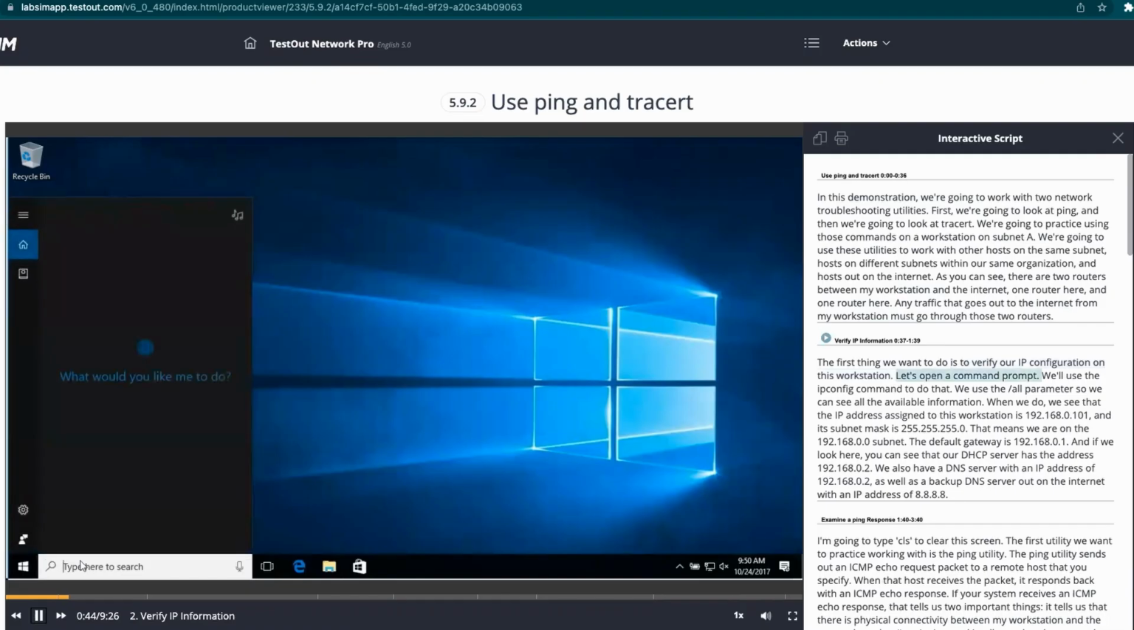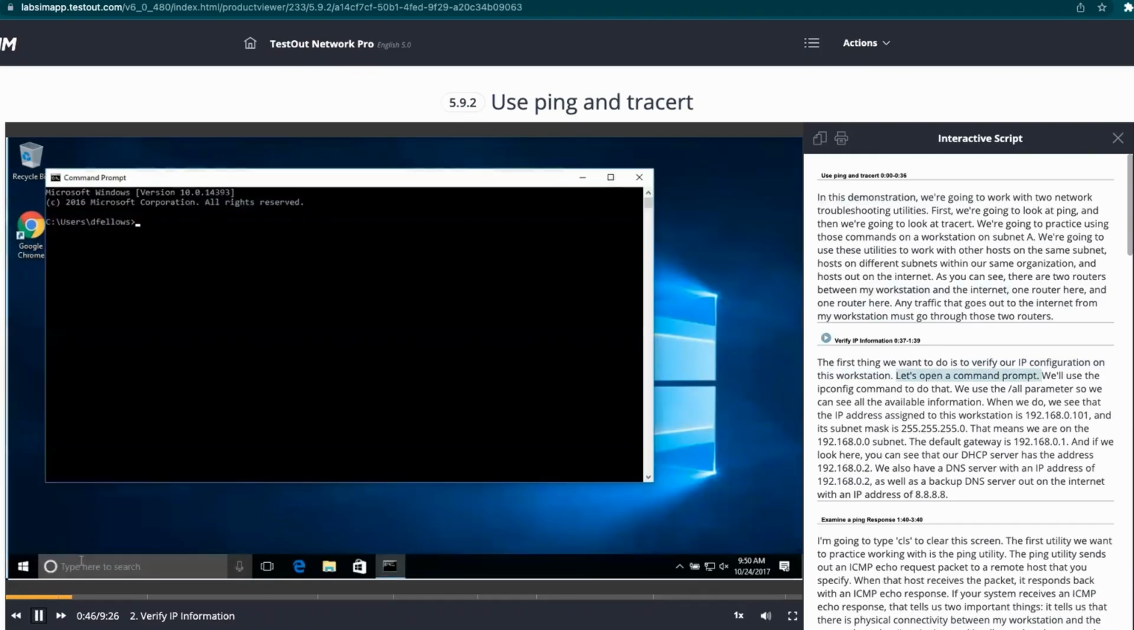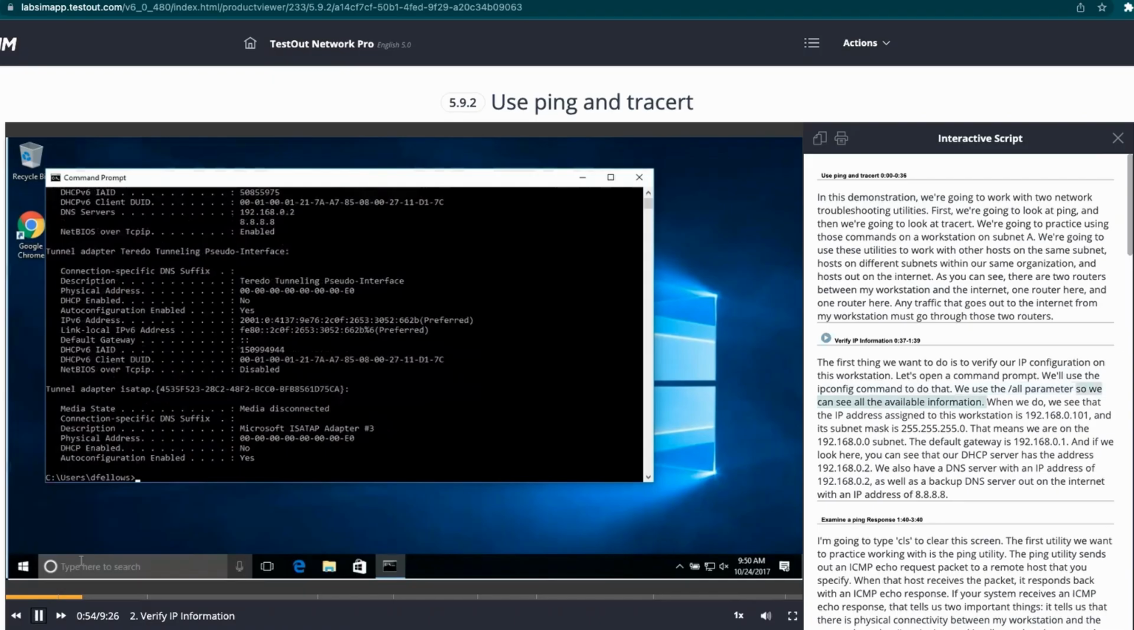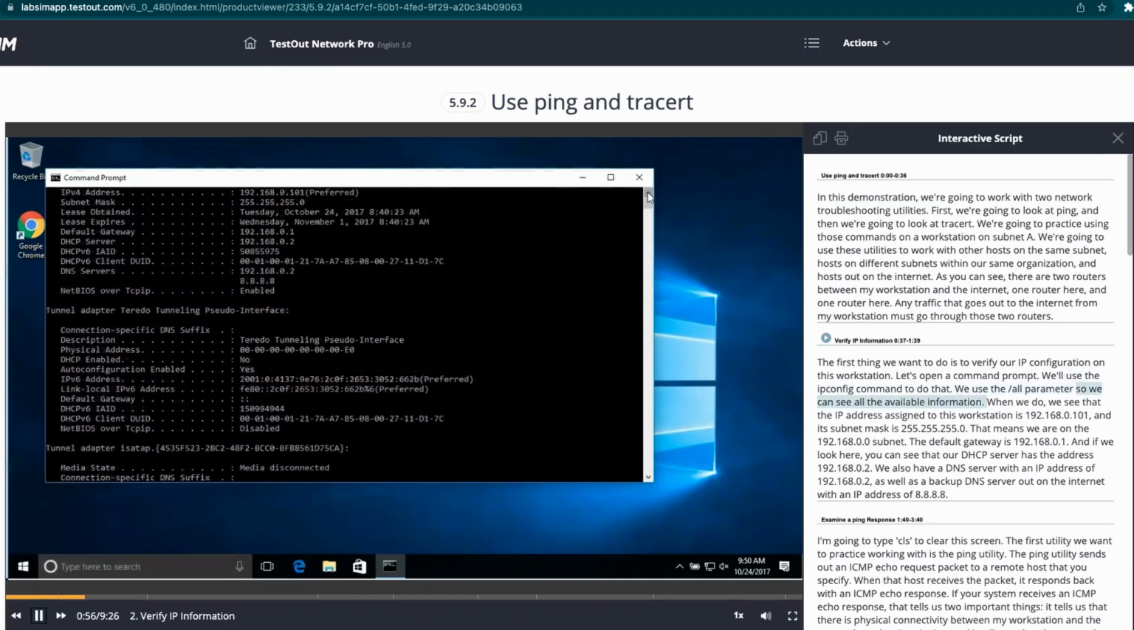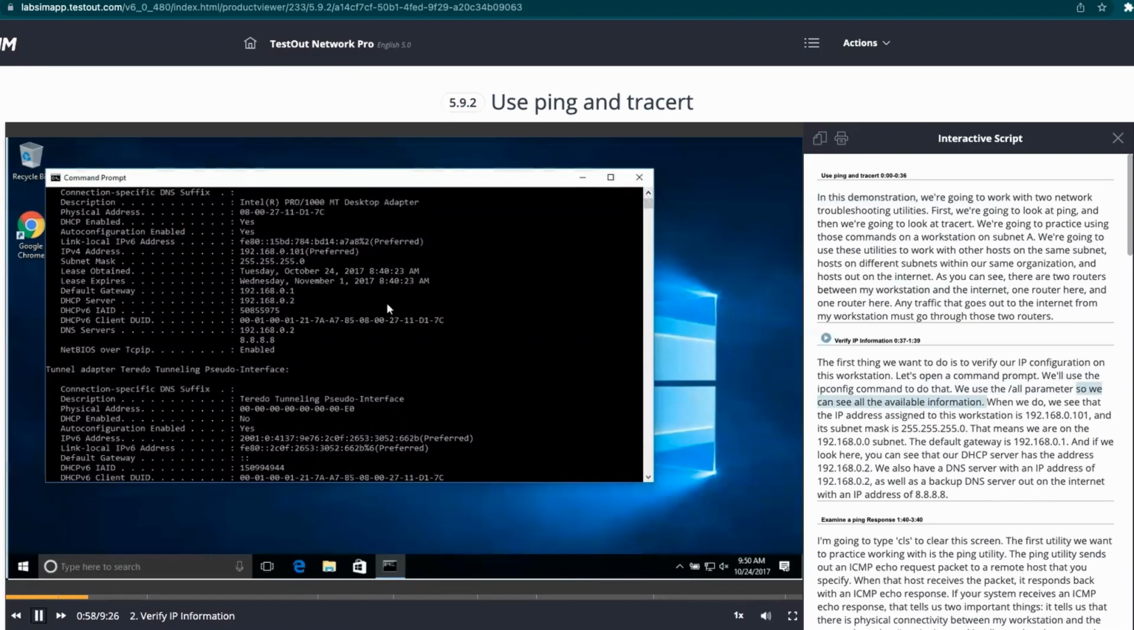Let's open up a command prompt. We'll use the ipconfig command to do that. We use the /all parameter so we can see all the available information. When we do, we see that the IP address assigned to this workstation is 192.168.0.101, and its subnet mask is 255.255.255.0. That means we're on the 192.168.0.0 subnet, and the default gateway is